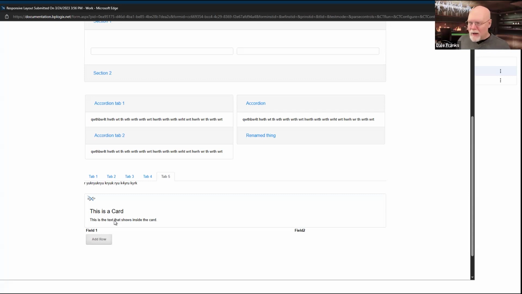Because at this point, I have 3 different style sheets. I've got the Process Director default style sheet. I've got your custom style sheet. And now I've got the style sheet associated with Bootstrap, all of which may or may not determine how that sentence looks. So I can't predict how things are going to look if you're running your own custom style sheet. It's probably not going to work exactly like mine.